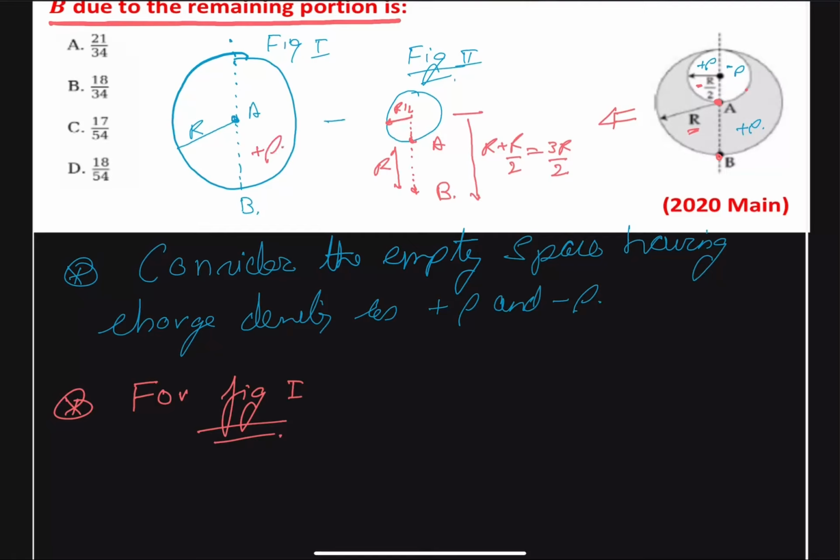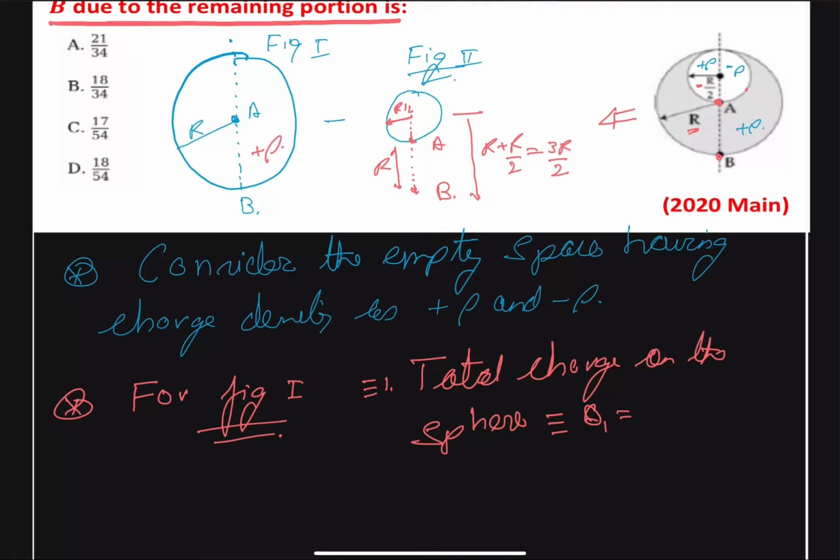So therefore we can find out the total charge on the sphere, let us suppose we call this Q1. Q1 will be equal to charge density multiplied by 4 by 3 pi r cube,